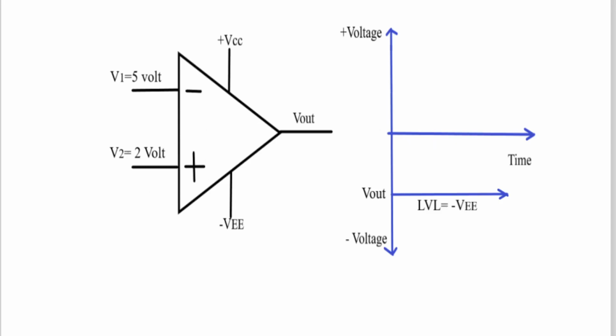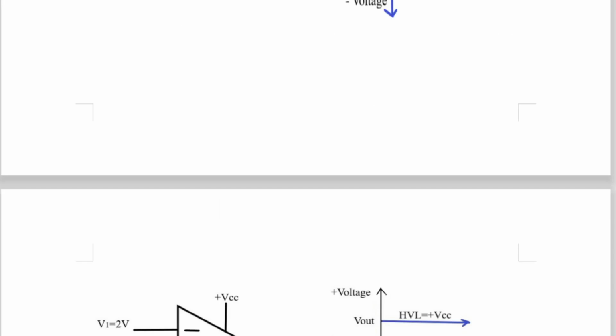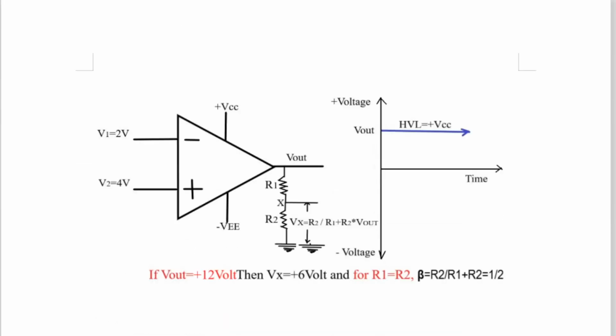And in this way, these two applications of the op-amp which we have already studied, we have just revised. Now let us go to the next block. As I told you earlier, when we are using a potential divider circuit, R1 as the upper resistor and R2 as the lower resistor, the junction point here we are calling the X point. The voltage at that junction point is given by the formula Vx equal to R2 divided by R1 plus R2